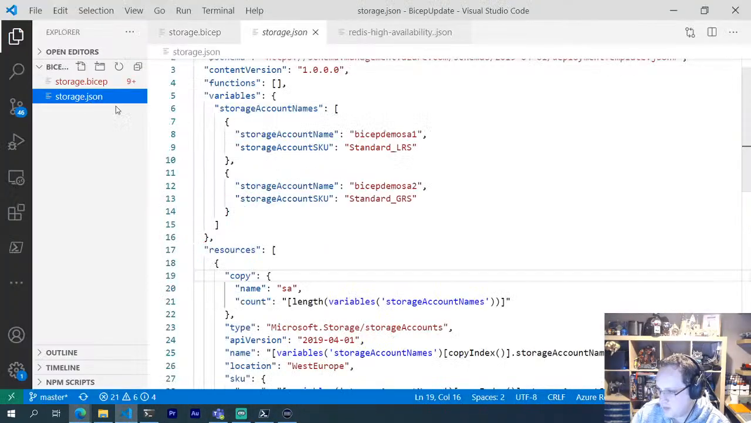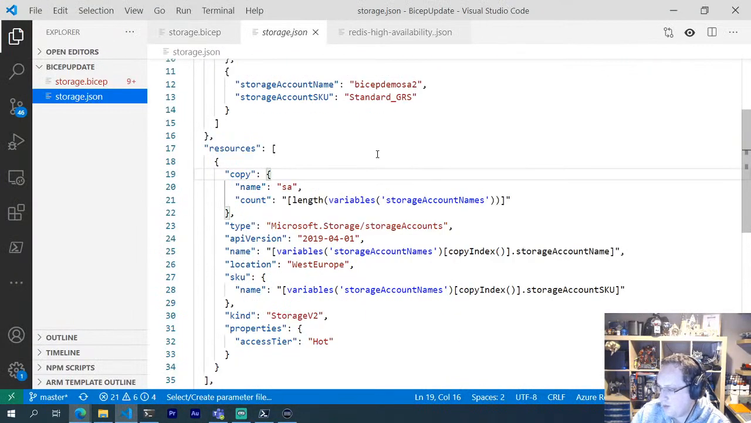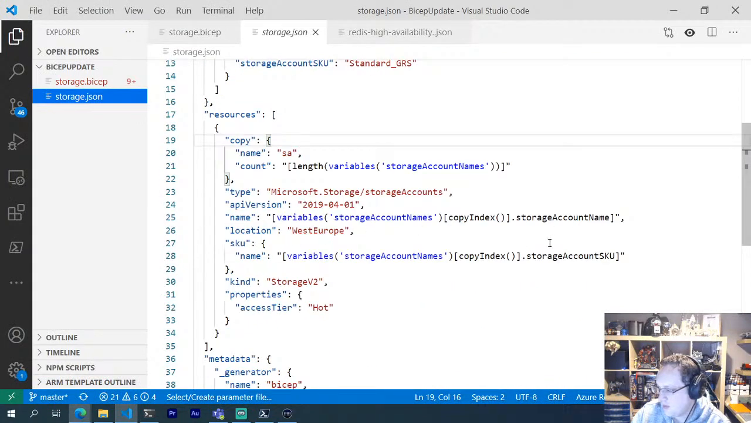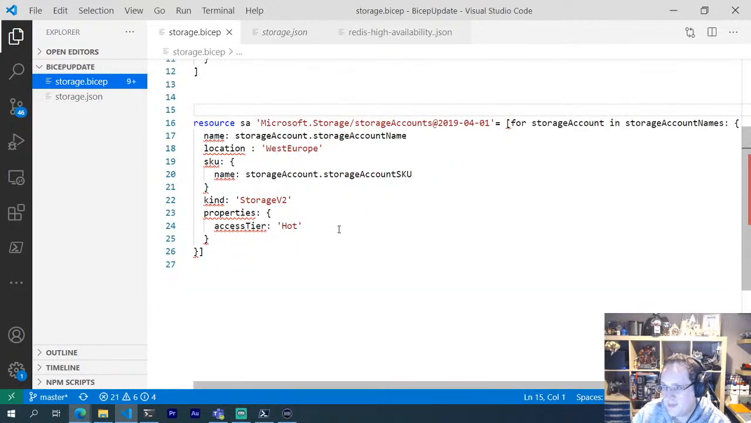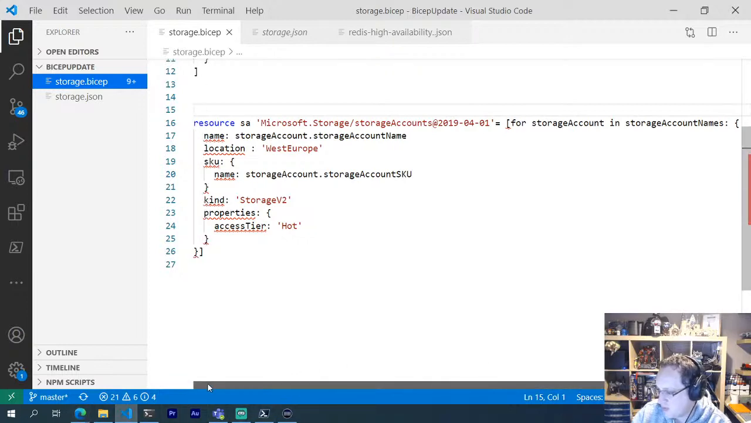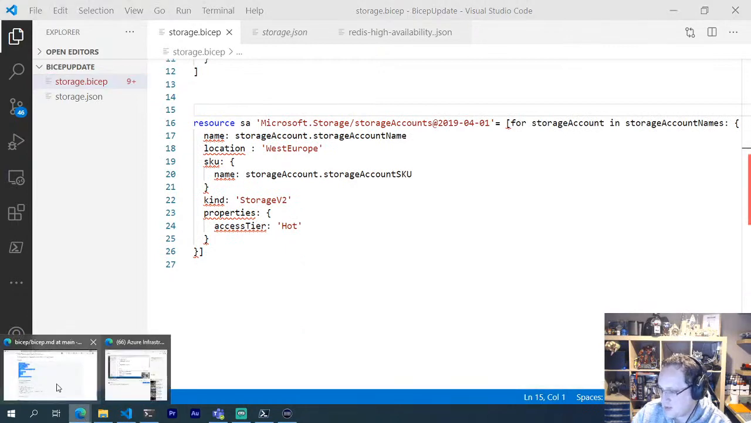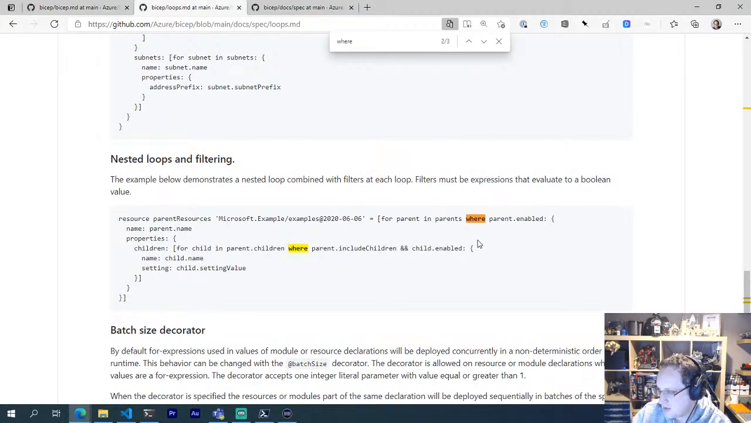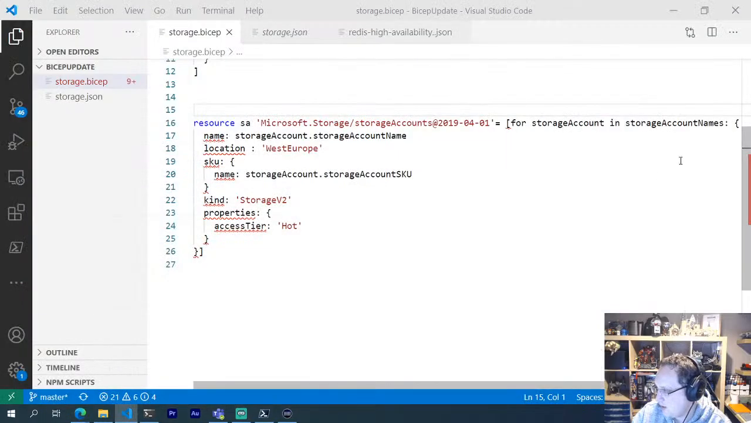So let's have a look. And you can see there that's worked. That's created that for us. So what we could then do, hi Carol, sorry, I didn't see your message there. So yeah, what we could then do is have a look at doing a where syntax. So let's say we want to filter this and only deploy storage accounts that use standard LRS. So let's go and have a look back at that syntax. So it's just where, yeah, so